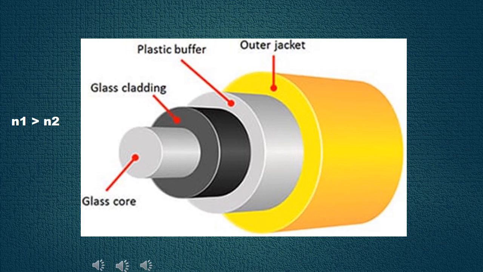So let's see what the basic structure of an optical fiber cable looks like. In the figure you can see there is an inner glass core, and then there is a glass cladding protecting it, and then there is a plastic buffer and an outer jacket. The inner core will be made out of a dielectric material, which is a physical medium through which the optical signal will be admitted through one end and then propagate along its core axis by repeated total internal reflection at the core and cladding boundary.